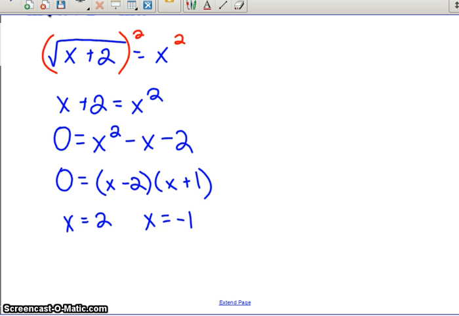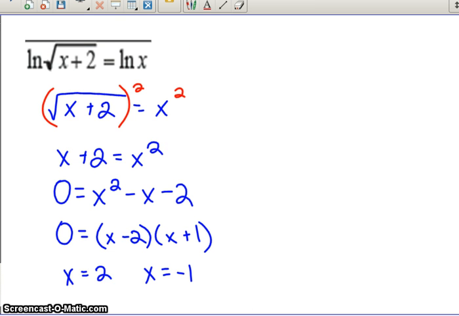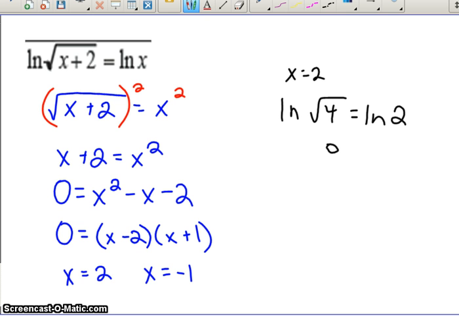But we have to be really, really careful. We have to look at our original equation. Our original equation has ln of the square root of x plus 2 and ln of x. If I plug in 2 for x, then that's fine. I'm going to get ln of the square root of 4 equals ln of 2. That's okay. But if I plug in negative 1 for x, I'm going to get ln of the square root of 2 minus 1